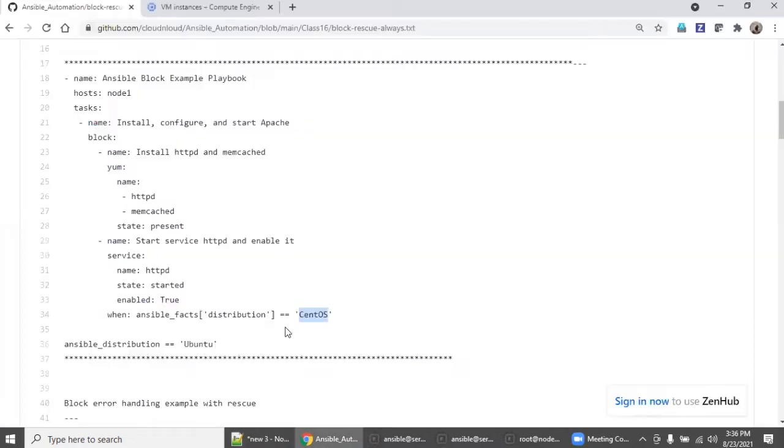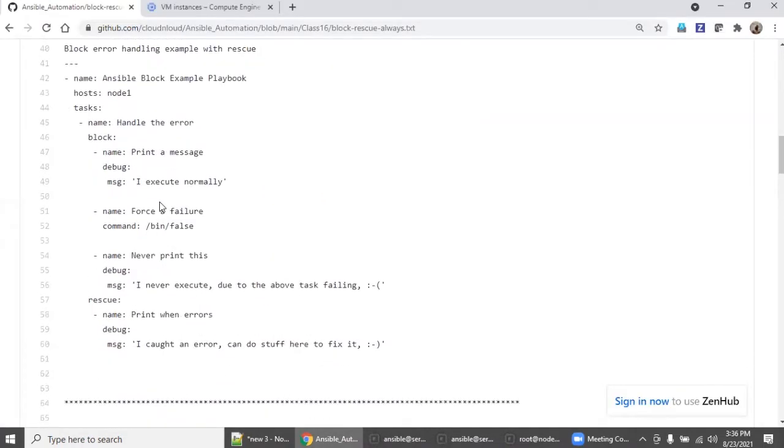So there is another example. Here, we are also going to have rescue. In this, we are handling some simple print messages, and we are forcibly creating a scenario where we fail this task, that means the play. The beauty here is, if this fails, this will not be executed, this will not be executed.